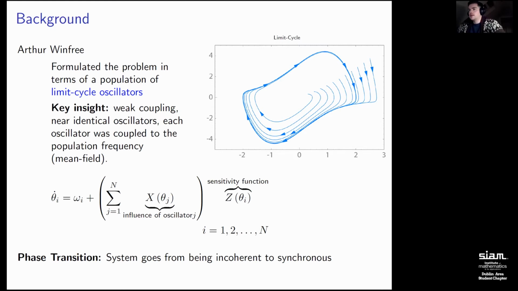He said that if you have weak coupling and the oscillators are near identical, so essentially every oscillator has the same characteristics as each other, and each oscillator is coupled to the population frequency, so you have a population of oscillators all oscillating, and that population will oscillate in its own frequency. His main insight here was that each individual oscillator is actually coupled to the population